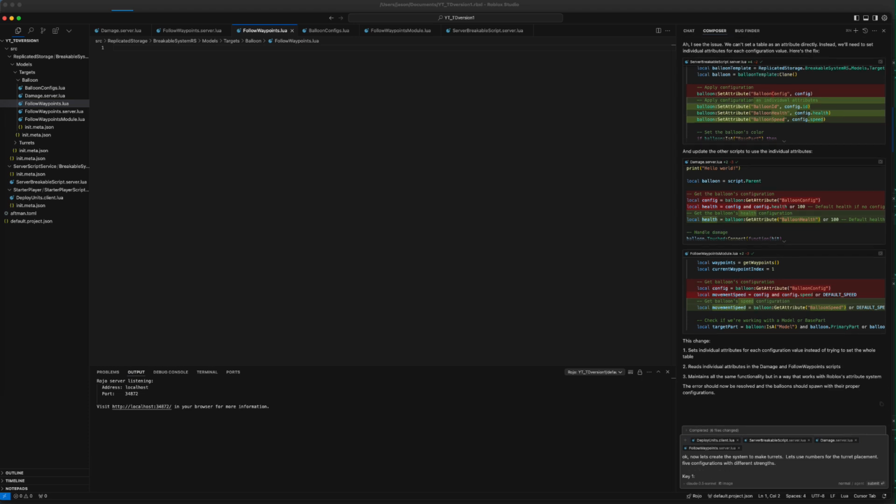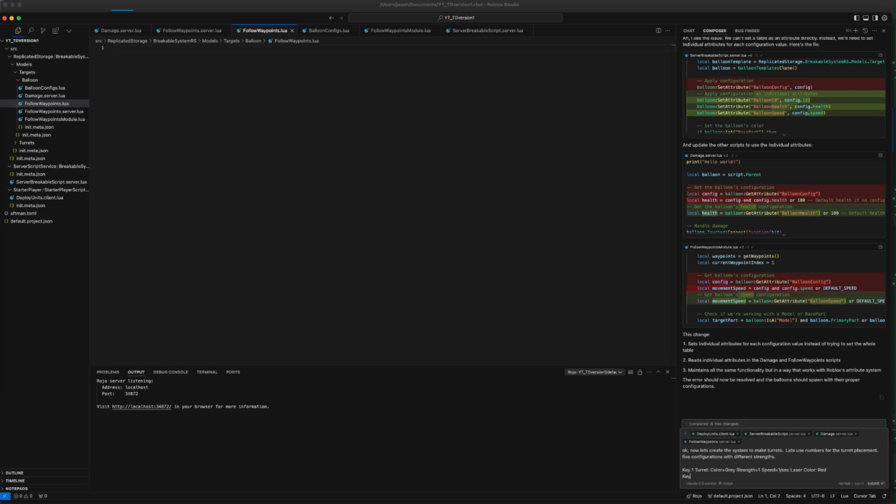And then we can give it some examples like key 1, turret, color equals gray, strength equals 1, speed equals 1 per second, laser color equals red. You know, this is definitely not a valid dictionary, right? But it's getting the idea. Key 2, turret green, strength 2, speed 1.2 per second, color laser green,